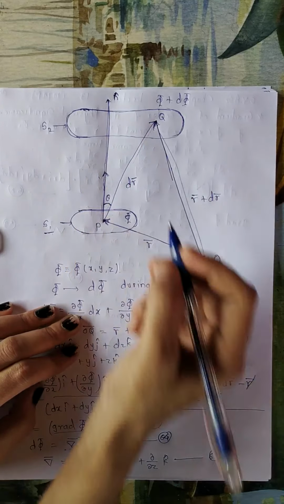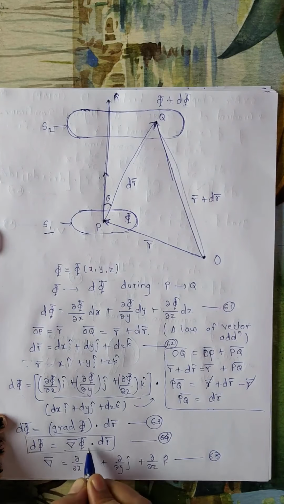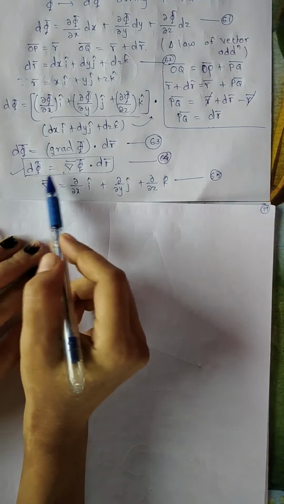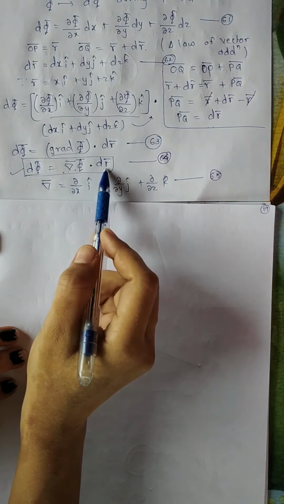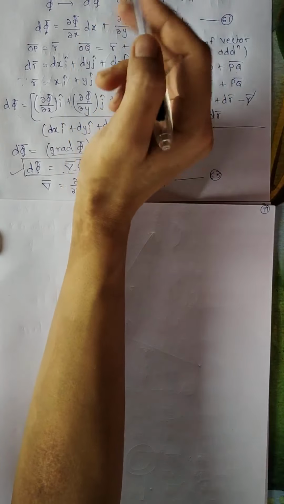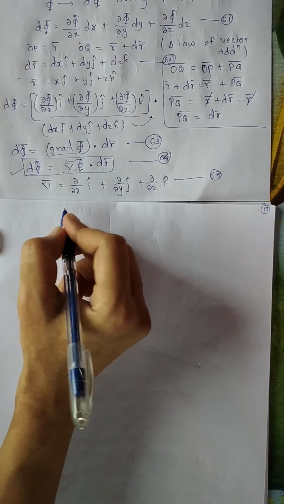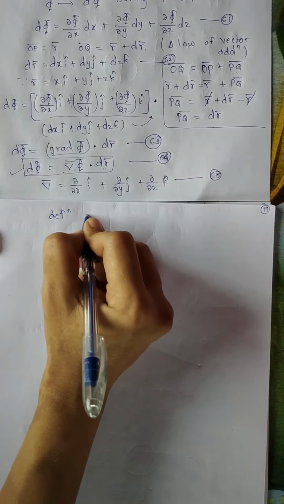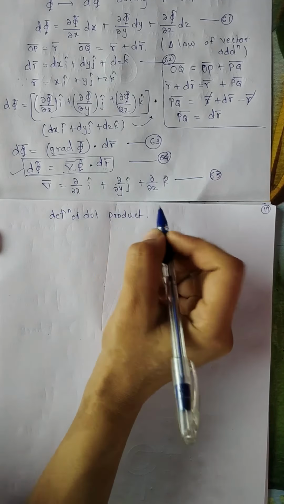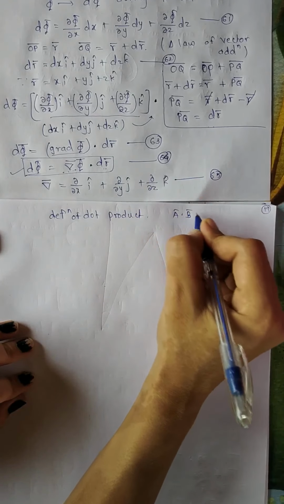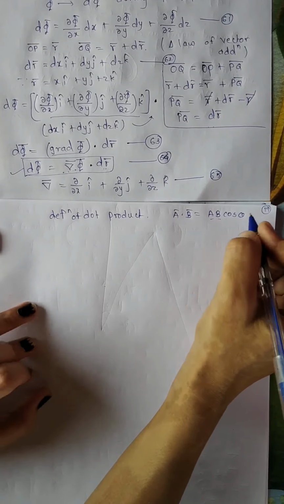Then, according to equation 64, this dot product can be written as the product of the magnitudes of these two vectors into the angle between them, which we have taken as theta, that means cos theta. This is the definition of dot product. If it is a bar dot b bar, then we can write it as ab cos theta, that is, the magnitude of a and b into the angle between them.